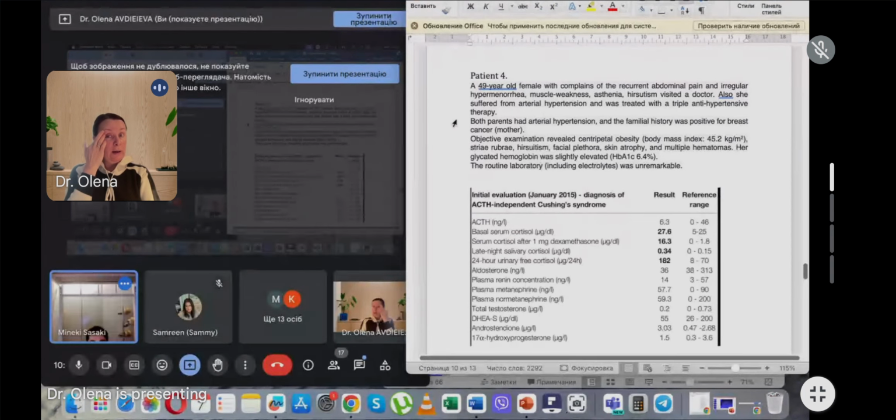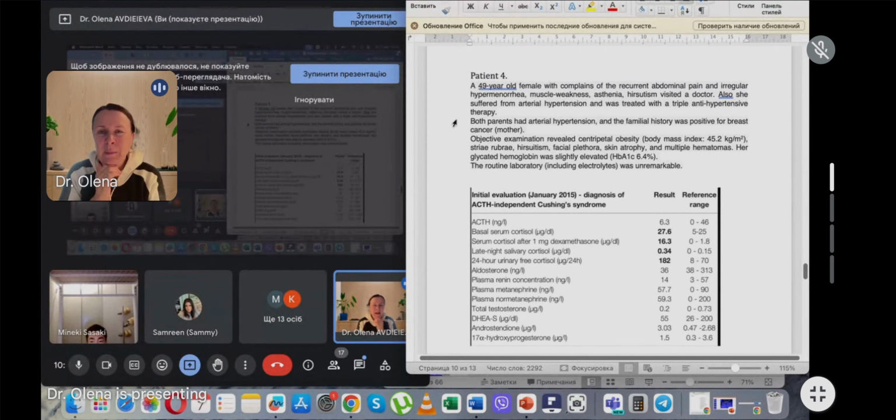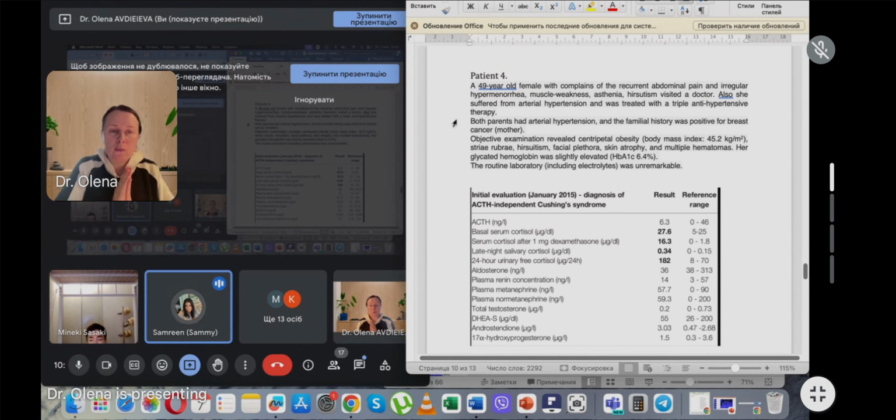What else does your patient have which is typical for Cushing syndrome or disease? 24-hour urinary free cortisol. Yes, but I mean subjective and objective information, not laboratory data. Before laboratory examination, what do we have in the clinic that is typical for Cushing syndrome or disease? The lack of energy. Yes, weakness. Muscle weakness, and